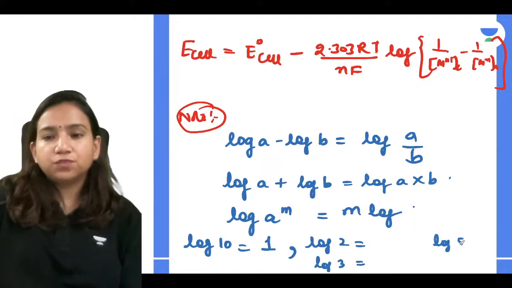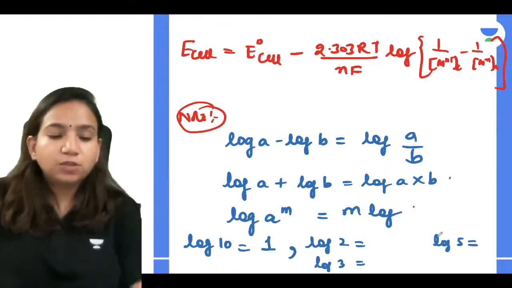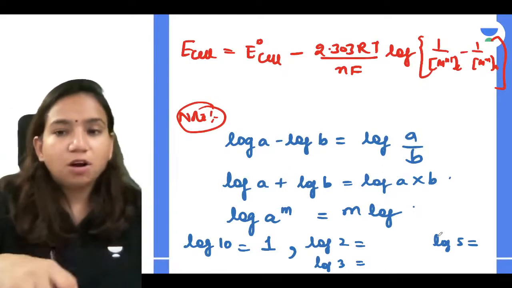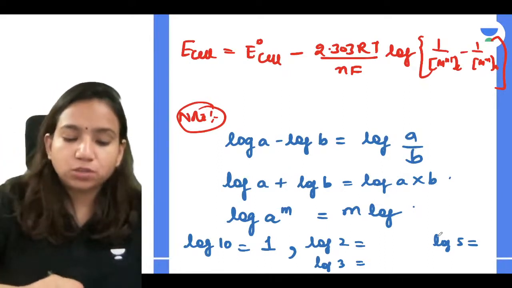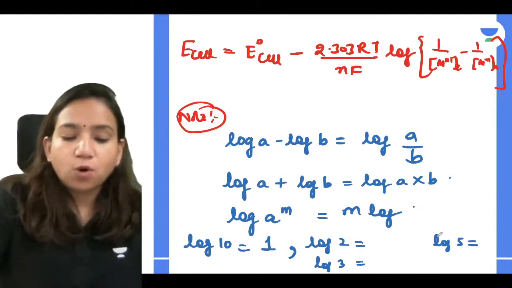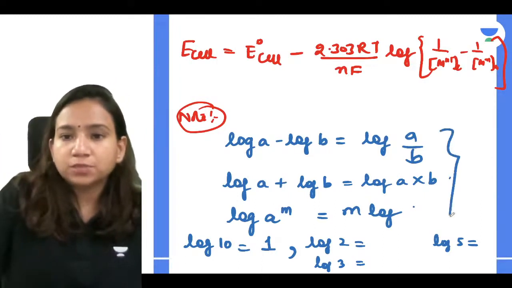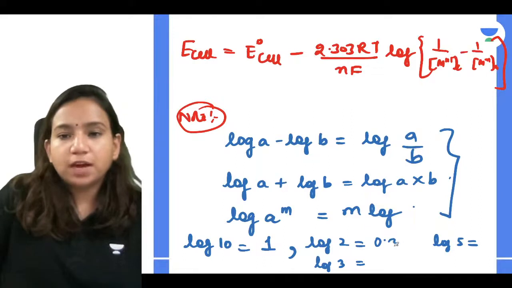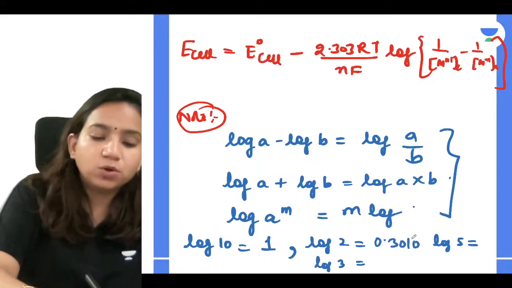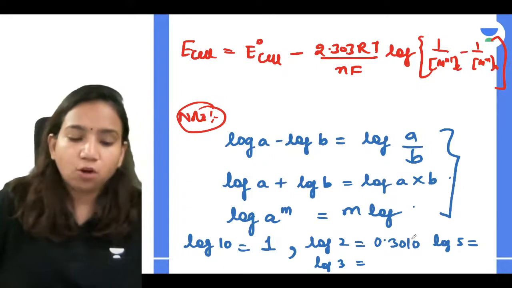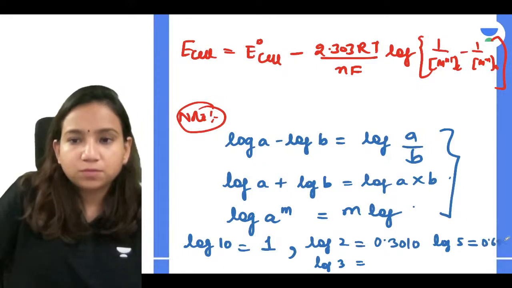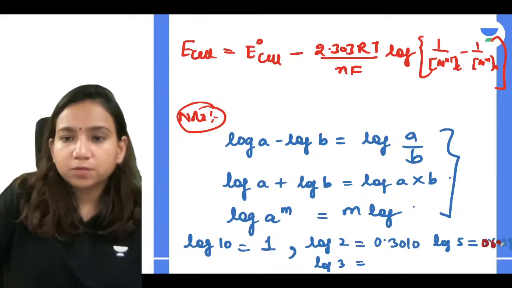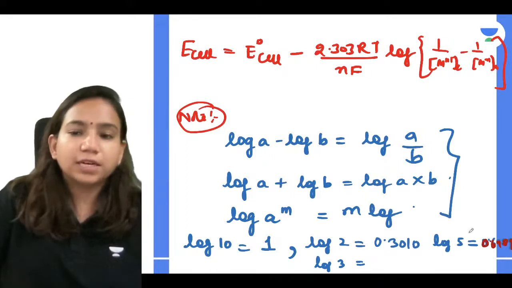If you know these values, guys, they can make you solve 95% of the questions, because if you know these three identities, and if you also know log 10, 2, 3 and 5, you can get most of the answers. So log 2 is 0.3010. What is log 5, guys? Log 5 is 0.6989. I'll write it here again, as I guess you must be facing difficulty relating it.